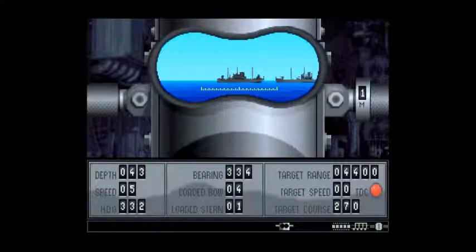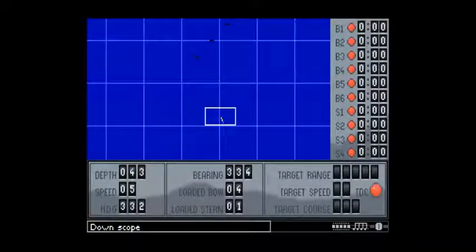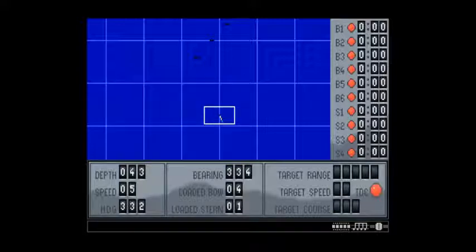Up scope again. Still too far away. You see what I mean? Like, I had to put up the scope a whole bunch of times, and probably I should have just done a math calculation at the beginning to know exactly when to put the scope up again and fire. Now, if you notice the way the sub is aligned, once I take out that closest hulk, I can turn due north and then take the second without a whole lot of adjustment,